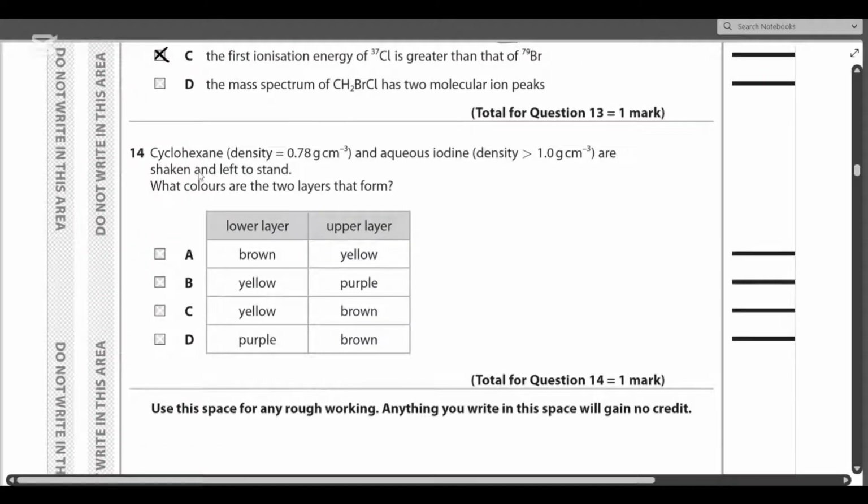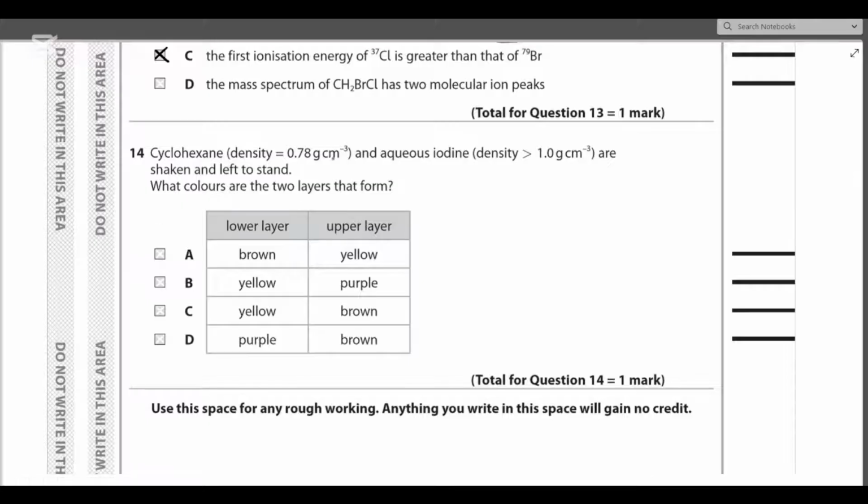If I talk about number 14, you have cyclohexane. The density here is 0.78 grams per cm cubed, and the aqueous iodine, the density is greater than 1 gram per cm cubed, and they are shaken and left to stand. What colors are the two layers that form? If I talk about the lower layer, now since they do not mention